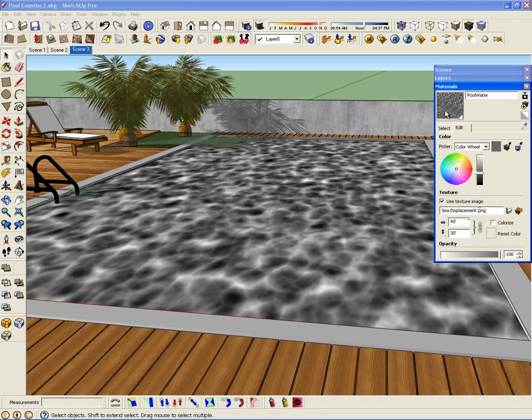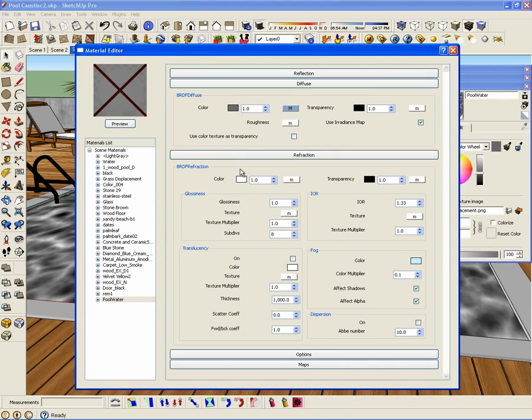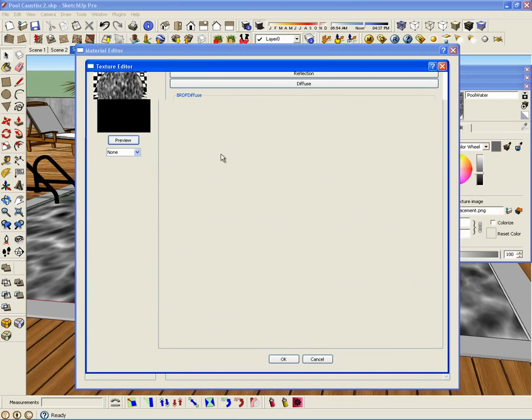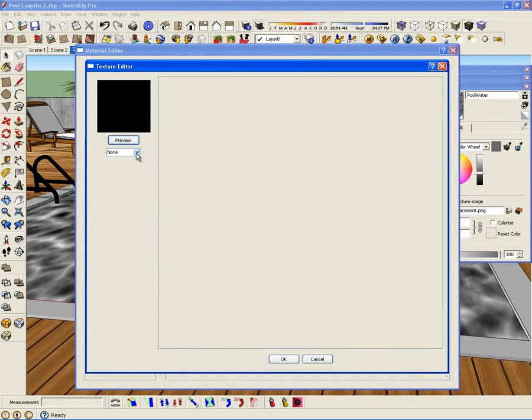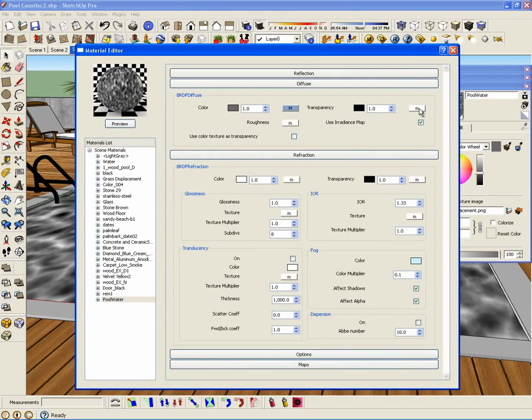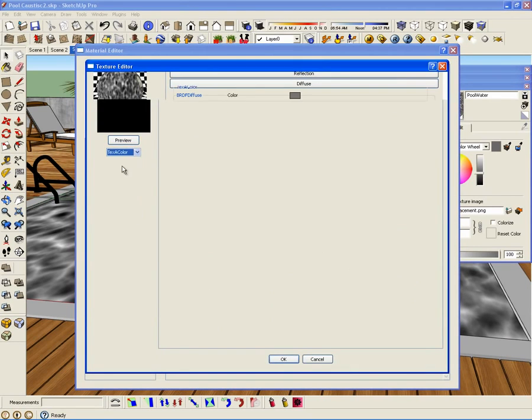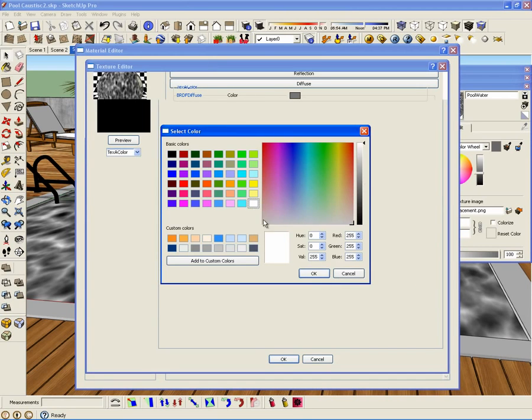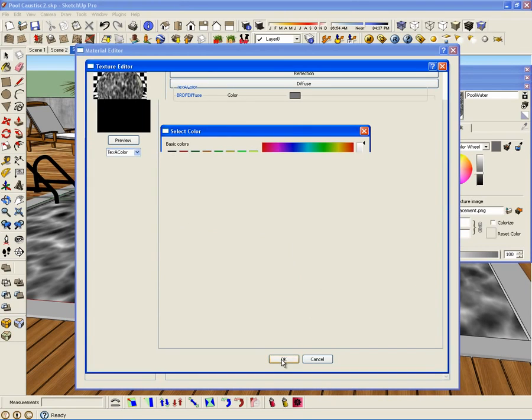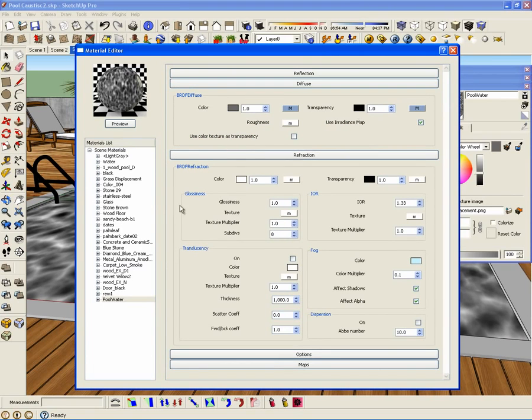Okay, so then go back to my material, and if you click in the preview, you are going to see the texture that I use in the material, basically because the transparency of the diffuse layer is completely opaque. So I'm seeing right now the diffuse layer. To hide the diffuse layer, I'm going to click on the M near transparency and apply a color, and I want to use white because in V-Ray white means 100% transparency. Now if I click preview, I have a nice blue water material,